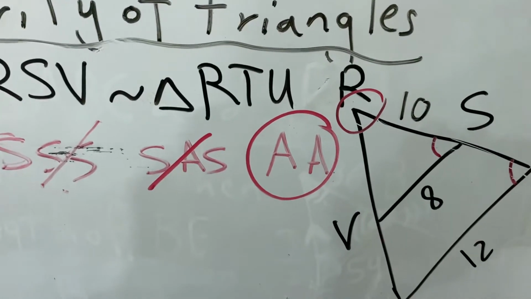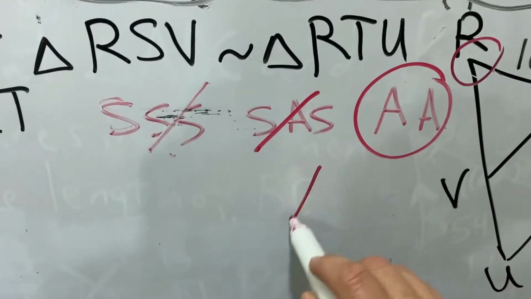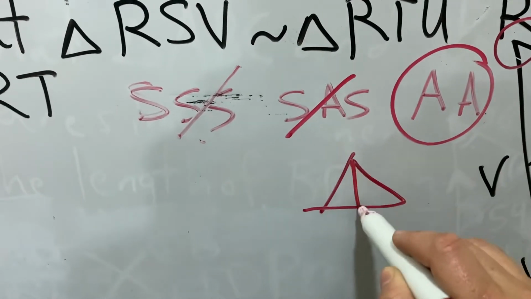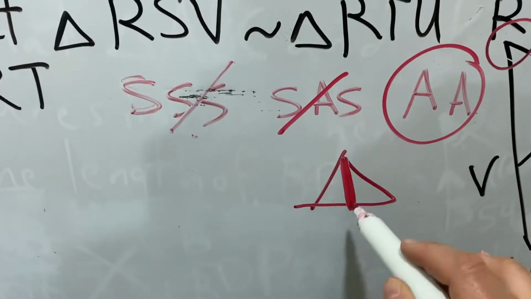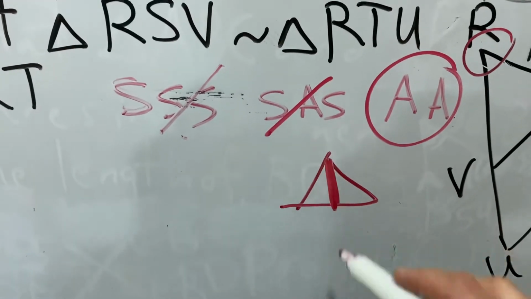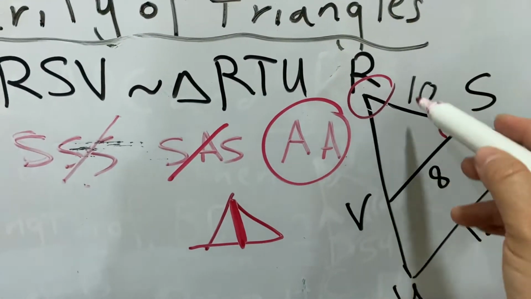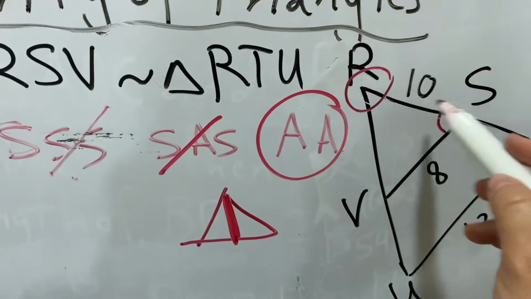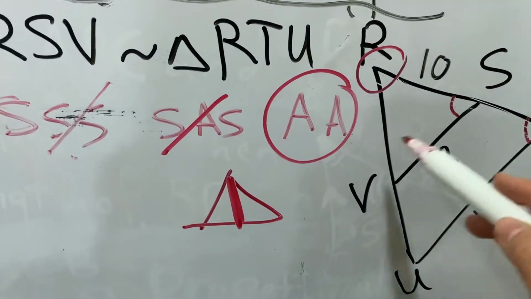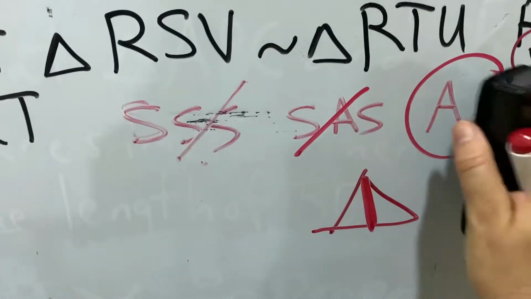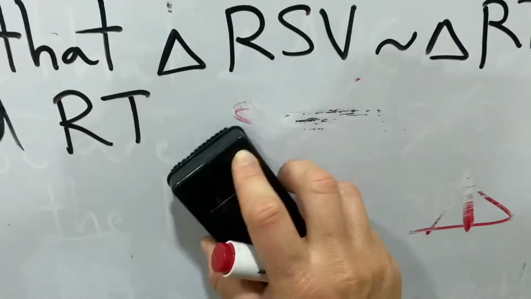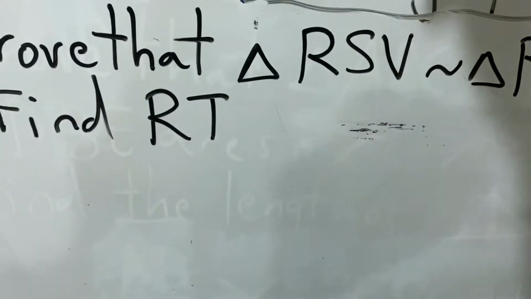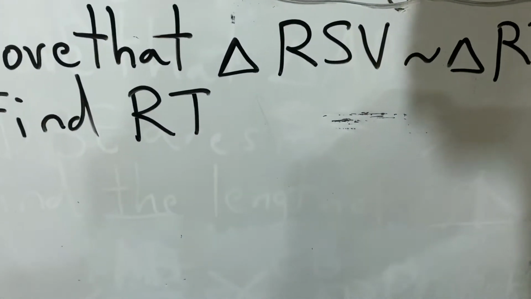Even sometimes you can have sides. Like this one, if I have this side in the middle, which is common between both triangles, I can say that this side is reflexive. The same for the angles. Now, this angle here is common in both of the triangles, the small and the big, so it's reflexive. So I actually now have two angles. I will write them here. So I can prove now that the triangles are similar by angle, angle.